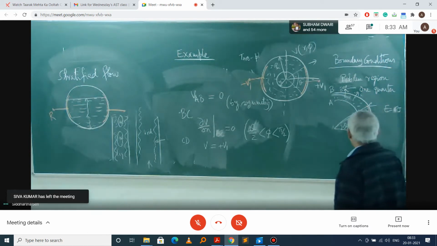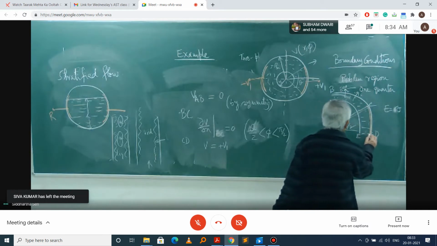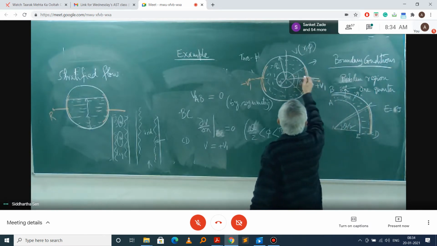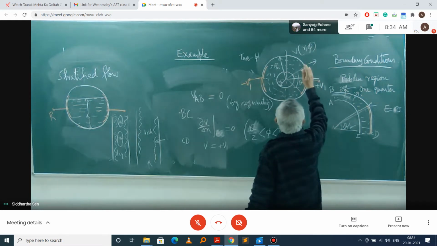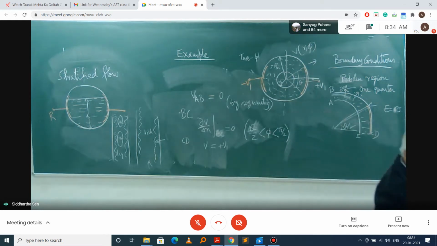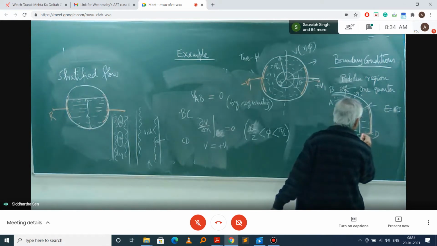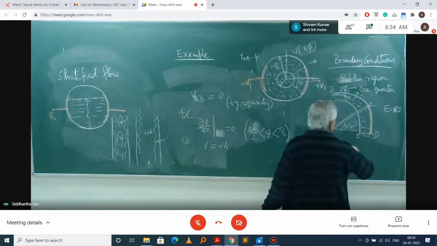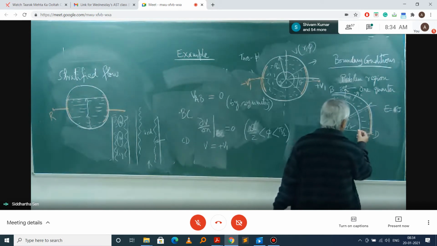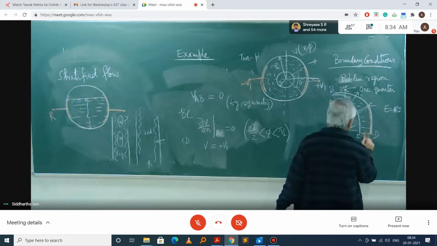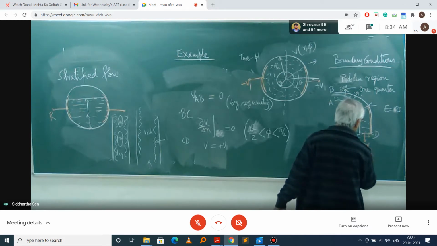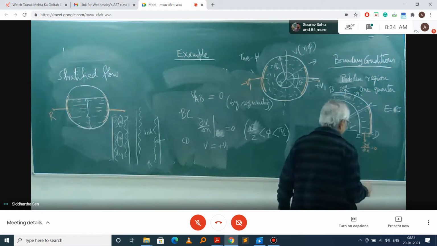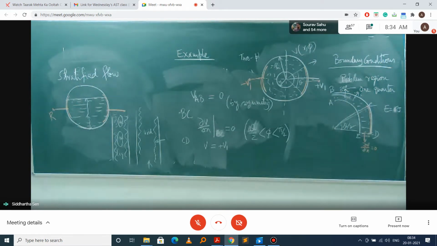The thing is that in this case also, you have just taken a half of it like this, and it is symmetric. If it is symmetric, then definitely the electric fields will be like this. They will be parallel, because of the symmetry on the bottom. So if the electric field is like this, we say that del V by del N is equal to 0 there. So we get it like this.